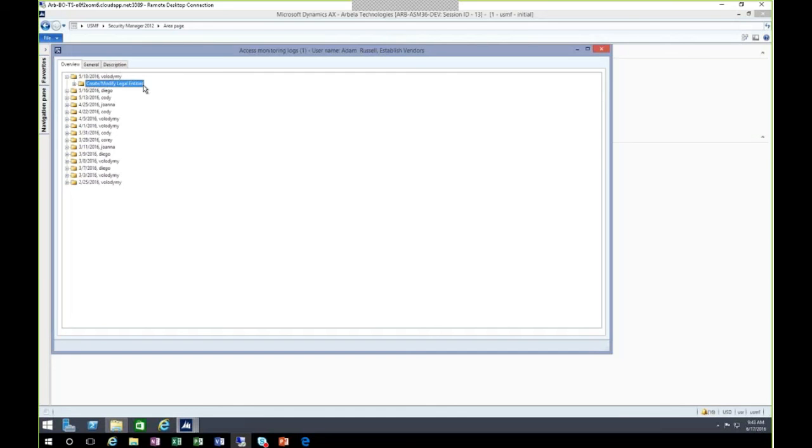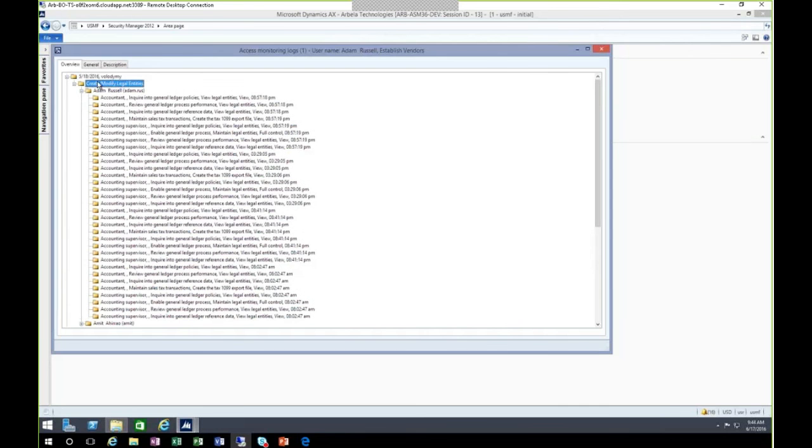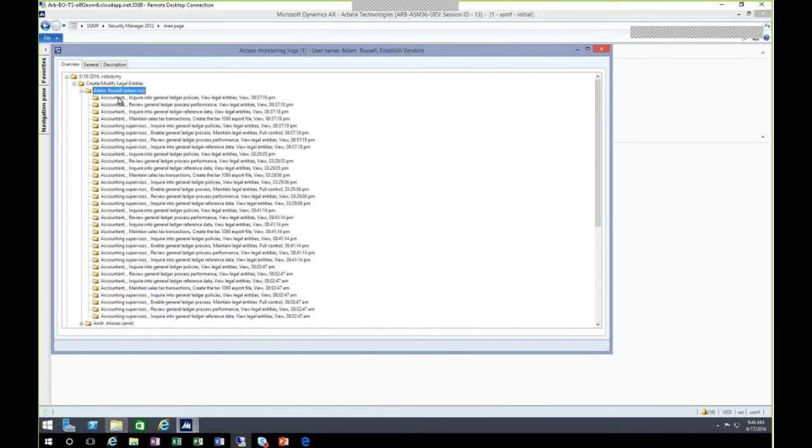At the second level, you can see this is the rule that was caught. If we have multiple rules that were caught, then multiple rules would be sitting here. What users were caught with access to this particular function, creating and modifying legal entities? We have this list of users. And within a single user, these are the roles, privileges, and duties that give access that were captured, and this is the level of access that the user has that was given by that privilege, duty, and role.